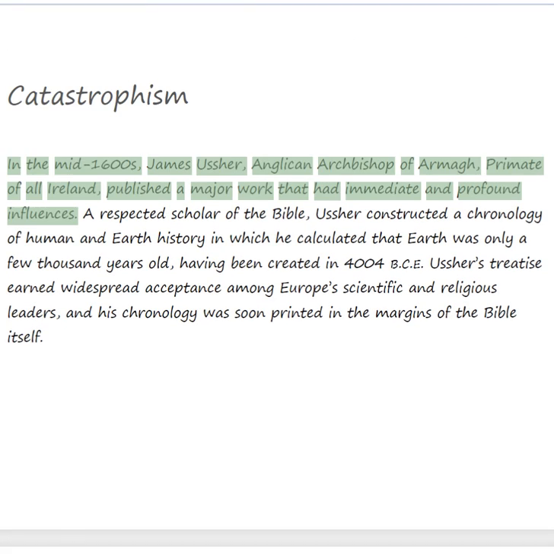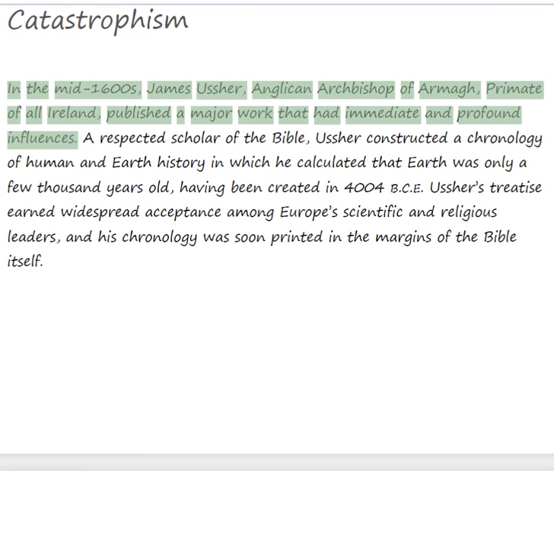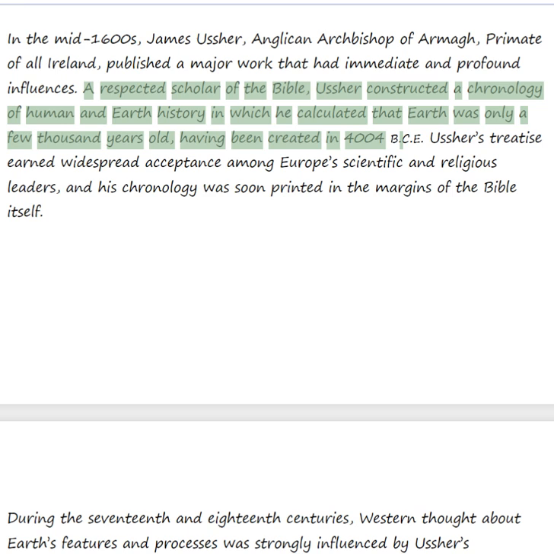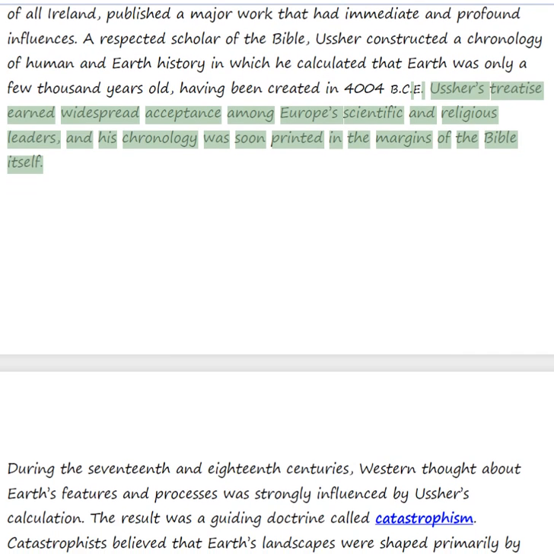Catastrophism. In the mid-1600s, James Ussher, Anglican Archbishop of Armagh, Primate of all Ireland, published a major work that had immediate and profound influences. A respected scholar of the Bible, Ussher constructed a chronology of human and Earth history in which he calculated that Earth was only a few thousand years old, having been created in 4004. Ussher's treatise earned widespread acceptance among Europe's scientific and religious leaders, and his chronology was soon printed in the margins